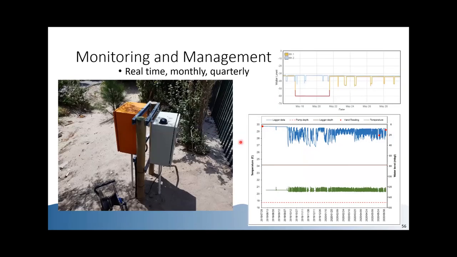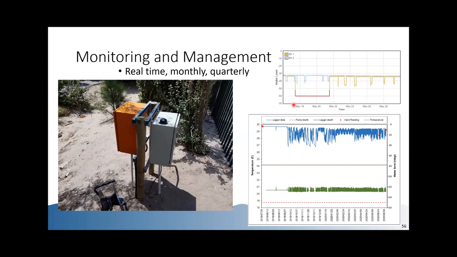It's probably worth just raising at this point that the frequency with which we do this monitoring will depend on the importance of your borehole or your groundwater source. For some groundwater users, it is critical. It is critical to their business, and they need to know real time where the water levels are sitting in their boreholes. And if I draw your attention to the top right corner here, this is